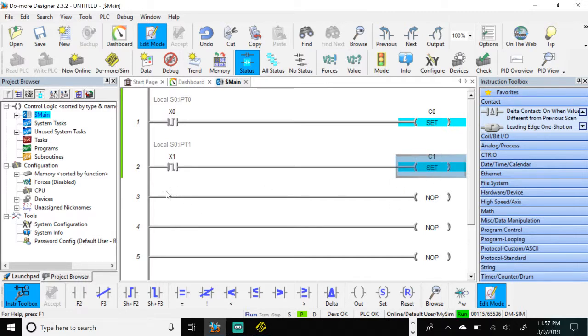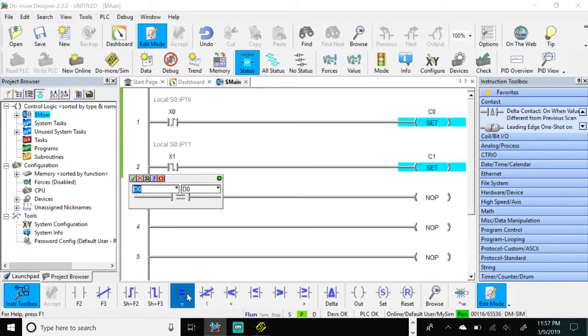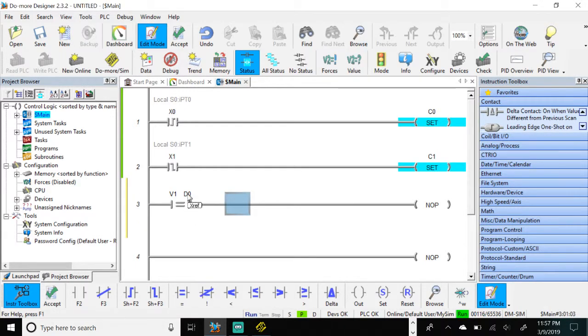Okay, another important instruction I want to show you will be this one. So let's say you have an equal to, let's say V1 equal to 10. This could be when it reaches a certain step, right? So you reach when you're equal to step 3. Let's say you want to open a valve, right? Or yeah, you want to open a valve, or not open a valve. Let's say when you're equal to step 3, and your low level switch,